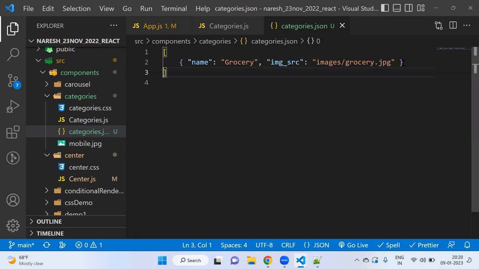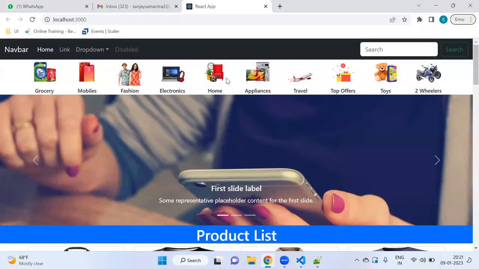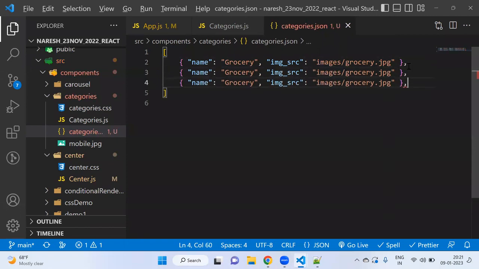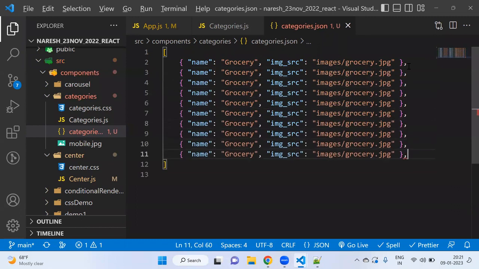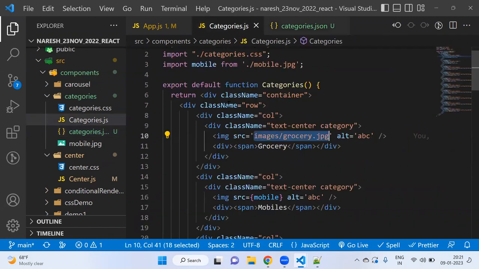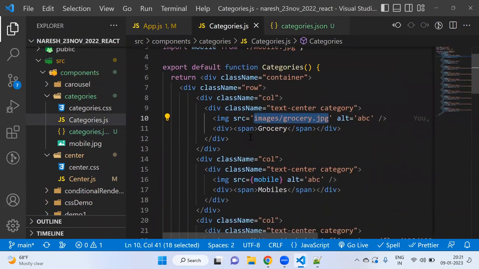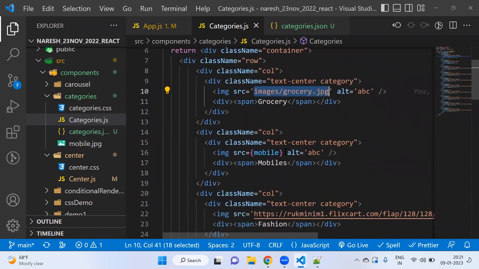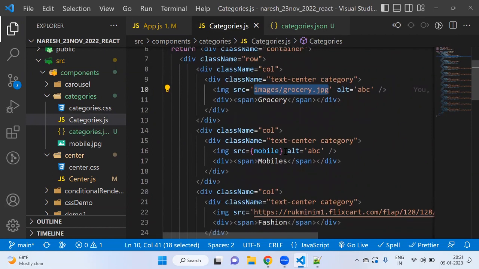Like this, how many categories do we have? 1, 2, 3, 4, 5, 6, 7, 8, 9, 10. We have 10. So this object will be repeated, right? Do you understand? This is the categories array. One is grocery. This is the image. Then second is